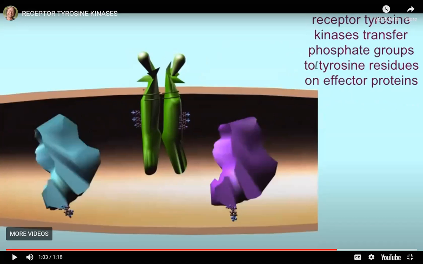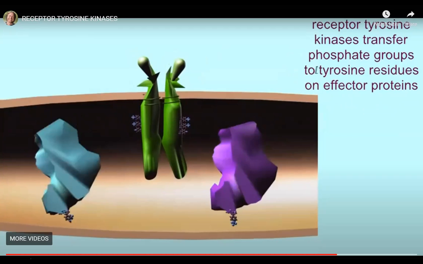It is this effector protein that will get activated once the receptor proteins get activated. These effector proteins will move downstream and will catalyze the phosphorylation of several other downstream signaling molecules,